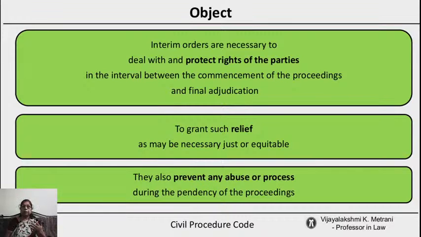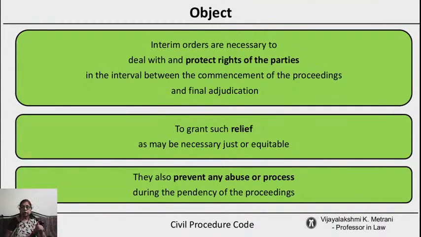For example, if a person files a case for an injunction, that is an interim injunction. Suppose he files a case for possession of a property on the ground that the defendant has entered into his property, or has taken wrongful possession of his property, and he files for declaration and possession. During that time, to take advantage of the time interval, the other party may try to dispose of or transfer that property because he is in possession. He may try to abuse the process of the court, saying that the court is taking its own time, so the court can give the relief later on. Within that time he may have his